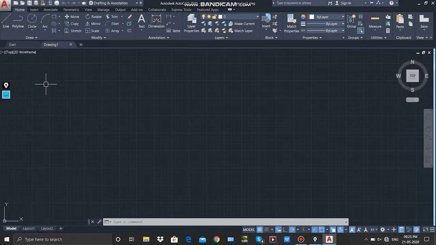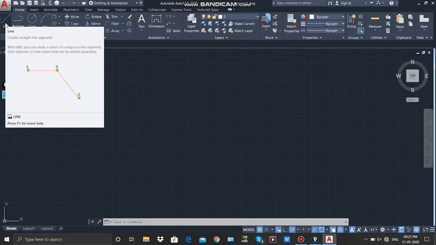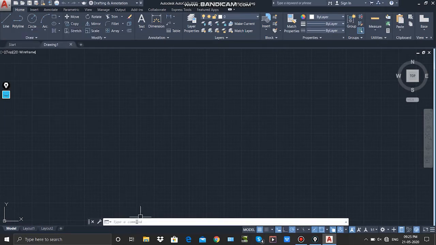So first command is line. To activate line command, just click on this line option, or you can type L and press enter in command line. So I will type L and press enter in command line. So here you can see the line command is activated, and it's asking for the first point of your line. So I will first specify the first point of the line by left clicking on the point I want to specify,